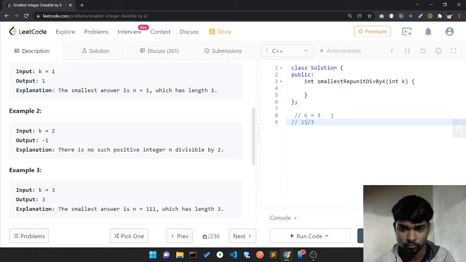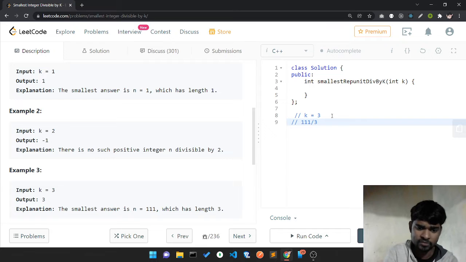No, it gives us remainder 2. Can 111 be divided by 3? Yes, it's divisible by 3. So we don't want that value, we want the length of it, so the length is 3, and that's why I'll return 3.